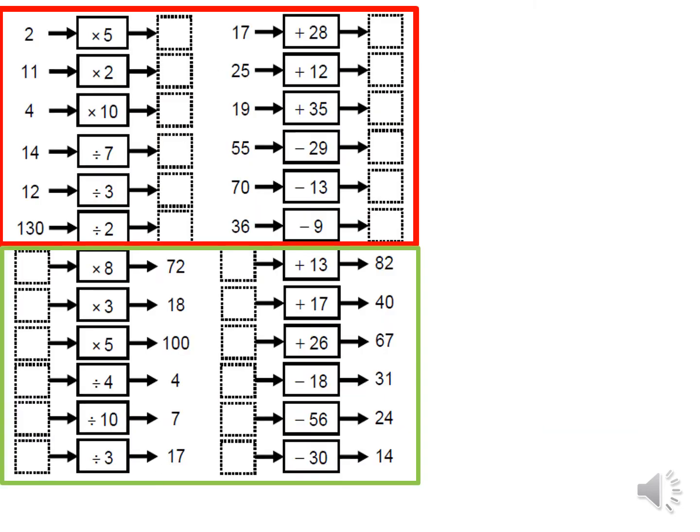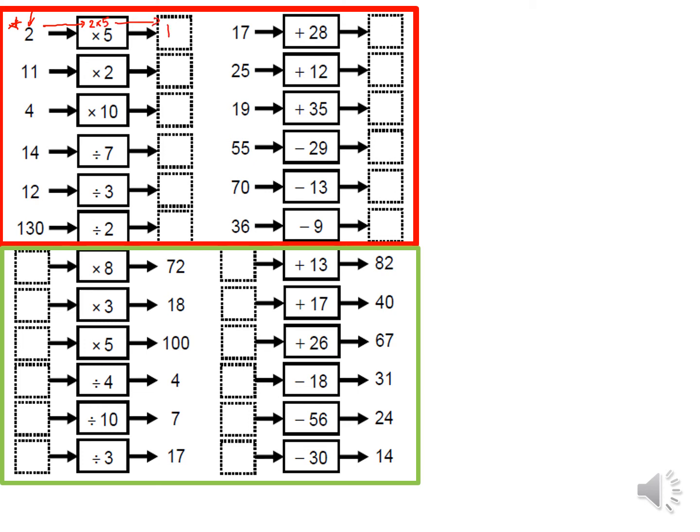Okay, so these are the first 2 sections so far. So these function machines, we've got a box on one side that's empty, we need to fill in that box. So with the red ones up here, that's like the first set of questions we looked at. So we've got our inputs here, they go into the function machine, we do the process, and out pops our answer. So our first one, we put 2 in, so we're going to do 2 times 5,